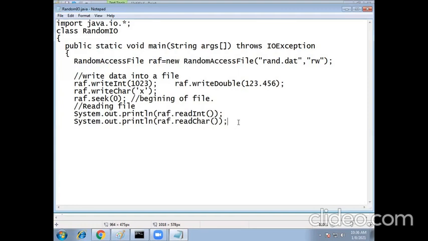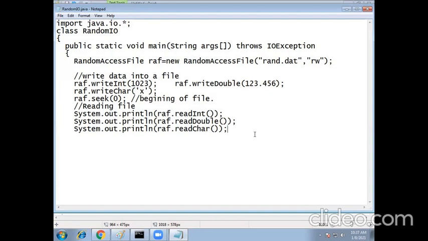Read int, read double, and read char, in the order of the written integer, double and char.